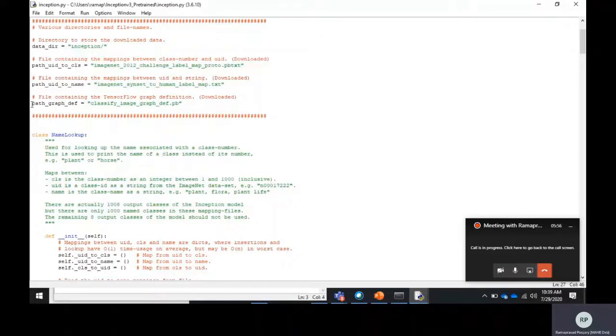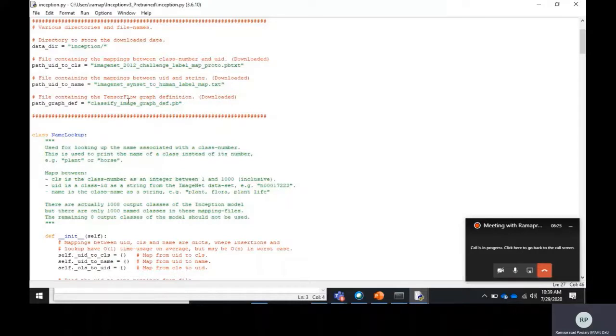This is a frozen file in the sense that when it was retrained, its parameters were already computed and you will be using it as it is. So in this classification, you will not be training this model at all. The training will not be done. You are directly using it for classification purposes. So this is the main file, which is called the graph file.